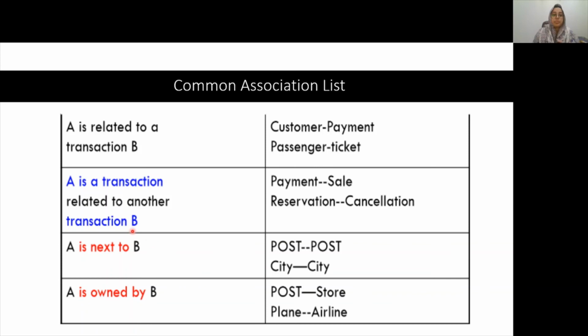A is a transaction related to another transaction B. So a payment is a transaction, but a sale is also a transaction. Payment is a transaction that is related to the transaction sale. So if you have two classes, payment and sale, then the relationship between them will be a transaction in relation to the transaction.